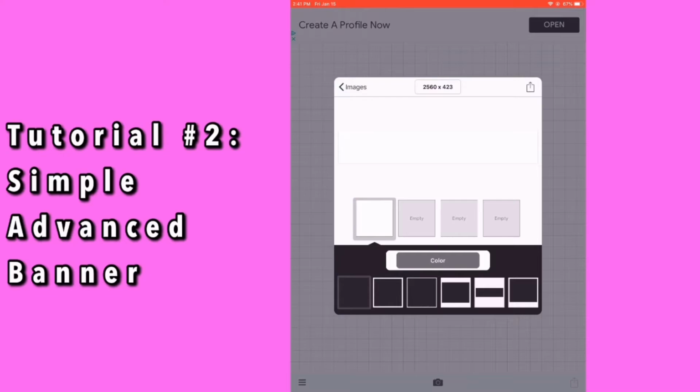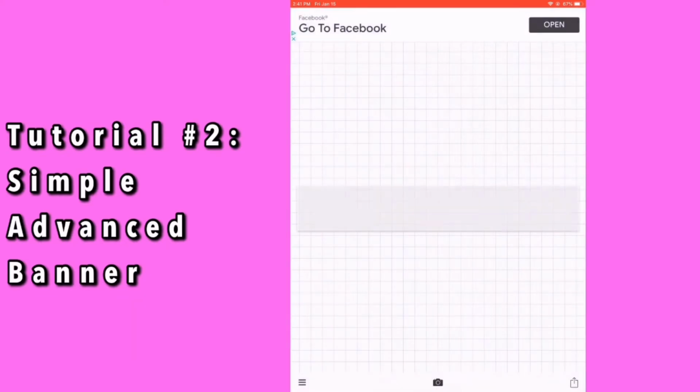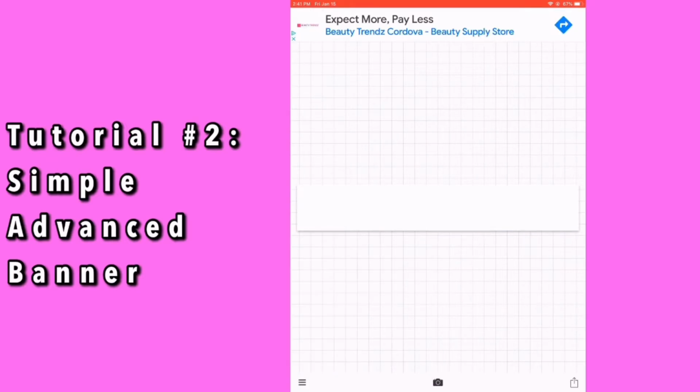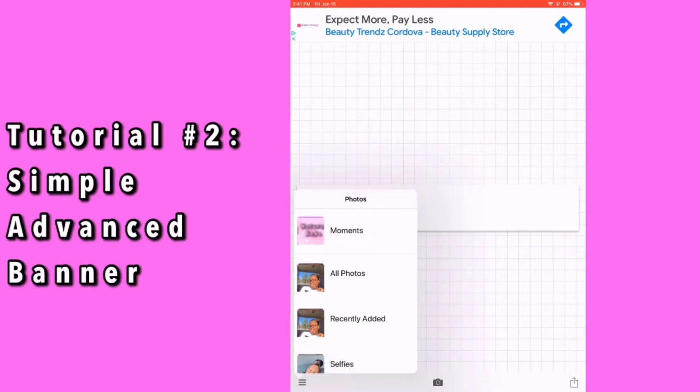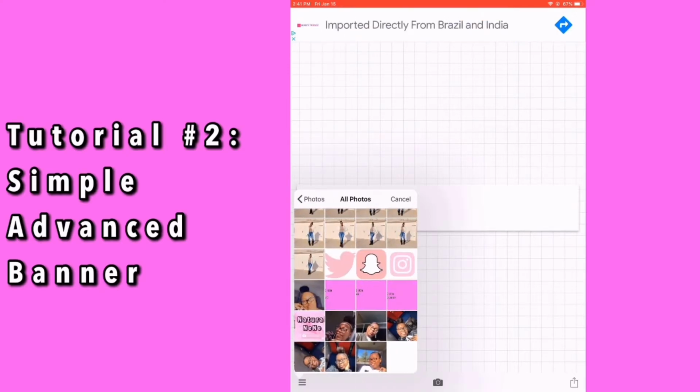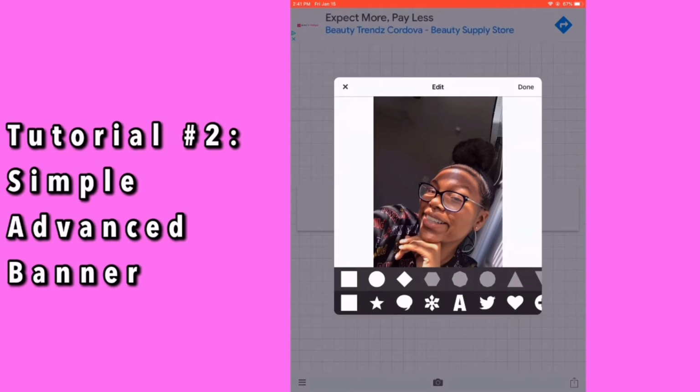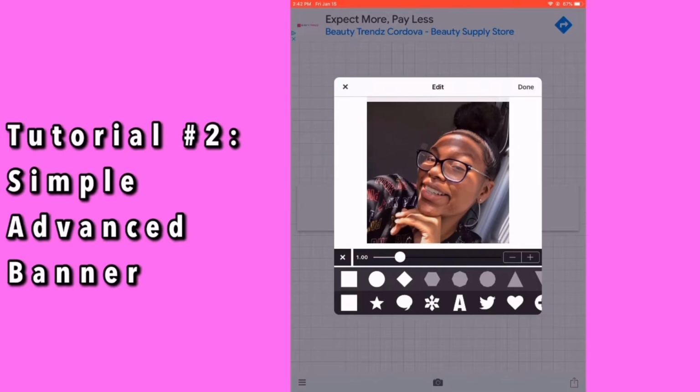And then now I'm going to use and save it, and I'm going to go over here to the same 3 lines in the left corner and click on add image. So this one I'm going to be using all selfies in this banner. And to make it look even, I'm going to choose square for the first picture,